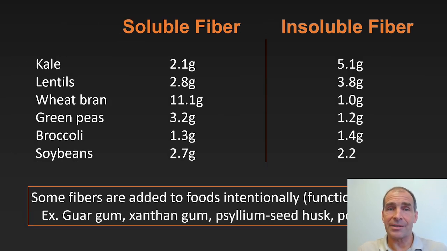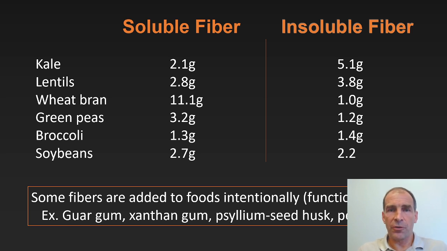And if we're being honest, most fiber high content foods that I mentioned before actually have both. Now, some definitely have more types than others. Wheat bran is a good example. Wheat bran generally is mostly soluble fiber, but does have a little bit insoluble fiber. Other foods like kale, pinto beans, things like that have a little more insoluble fiber than soluble fiber. Again, you don't have to memorize these numbers. This is just to give you an idea of fiber content of some of these foods.